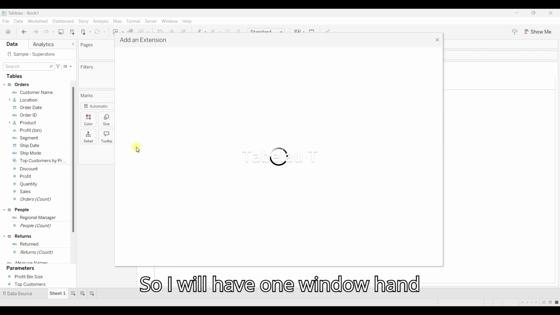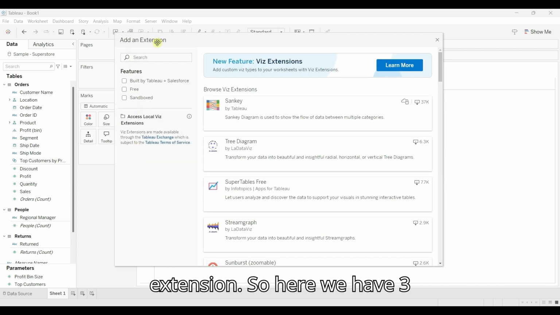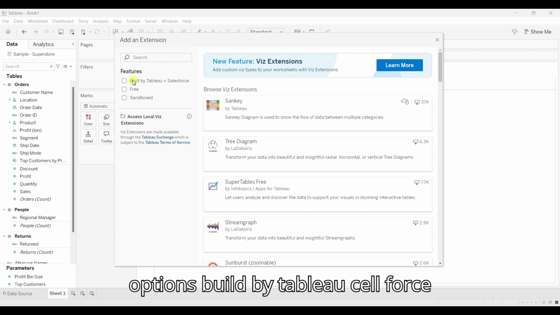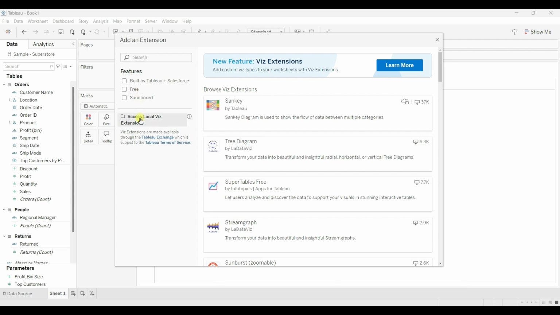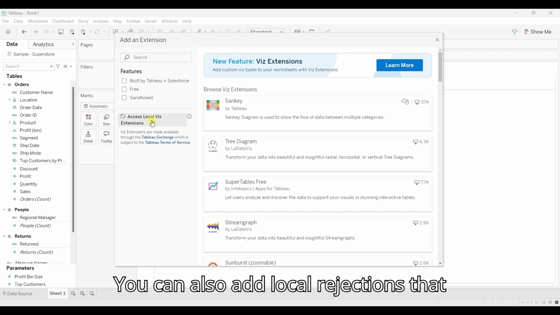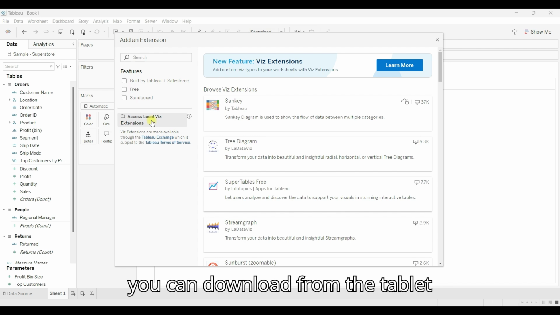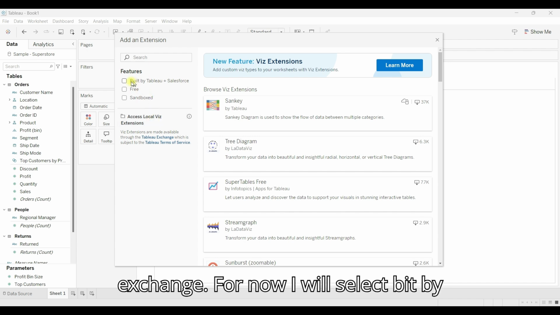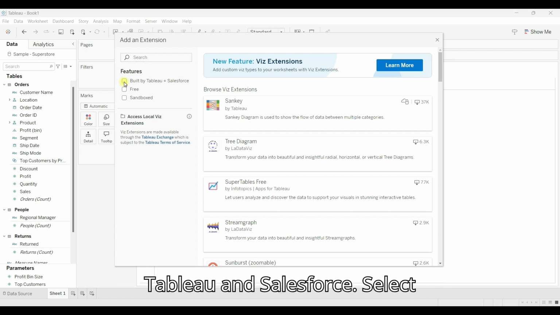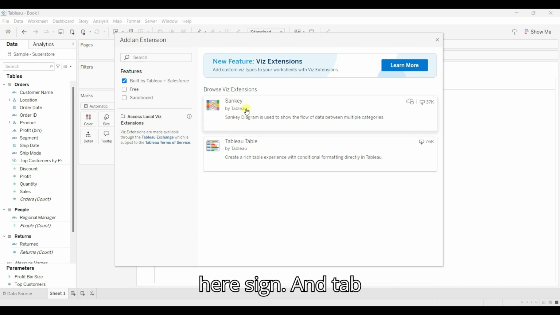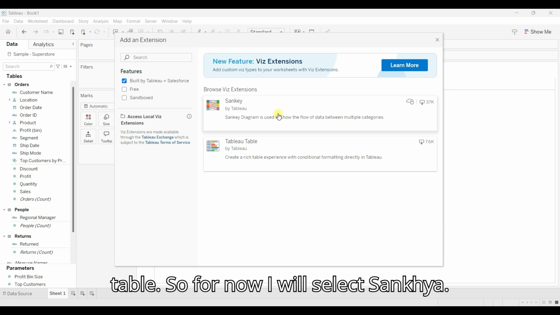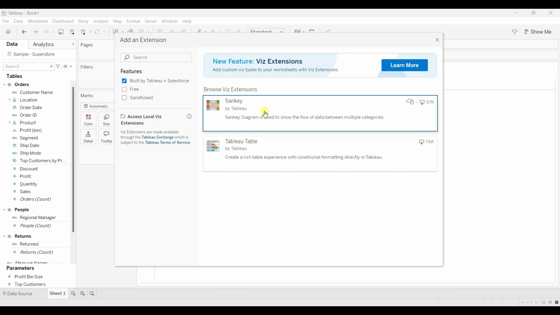So we'll have one window, add extension. Here we have three options: built by Tableau and Salesforce, free extensions, and sandbox extensions. You can also add local widget extensions that you can download from the Tableau exchange. For now I will select built by Tableau and Salesforce. If I select this option, you can see two options here, Sankey and Tableau table. So for now I will select Sankey